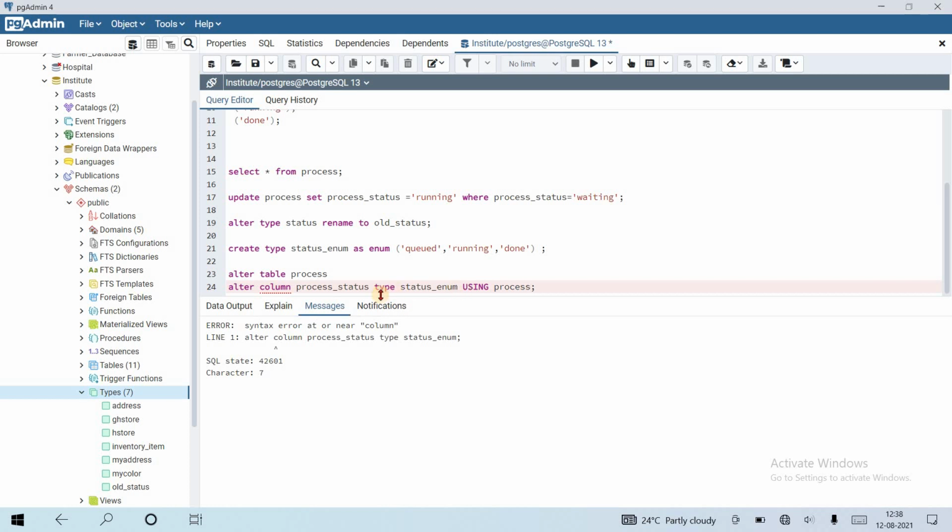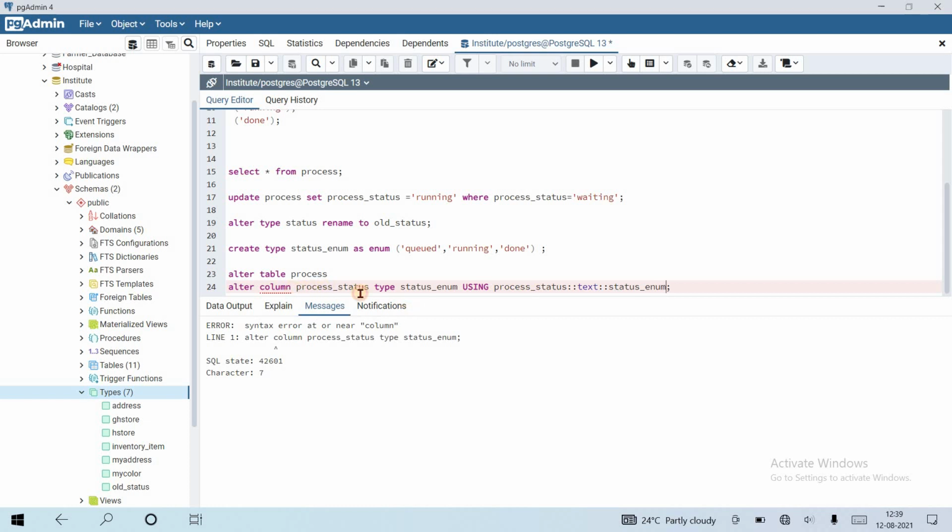Using process status, then double colon, text, and again double colon, followed by the type that we want to convert to, status in.